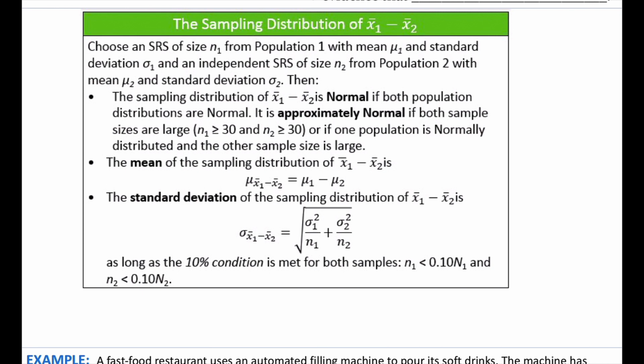Actually, no, it's talking about the difference. So if I were to take samples from Justin Timberlake's posts and Katy Perry's posts and subtract them, just like I did before, what would be true about their mean differences? Well, three things.